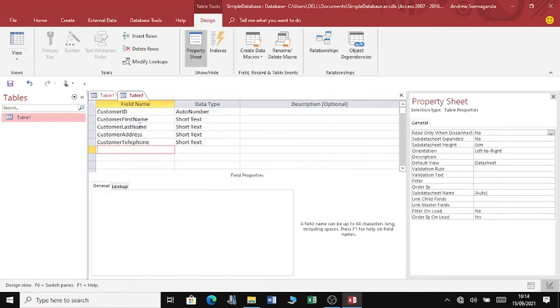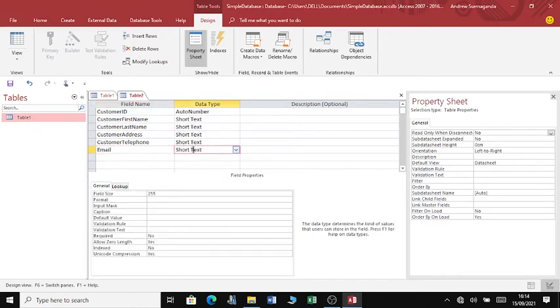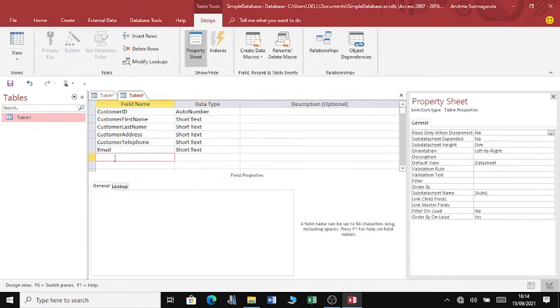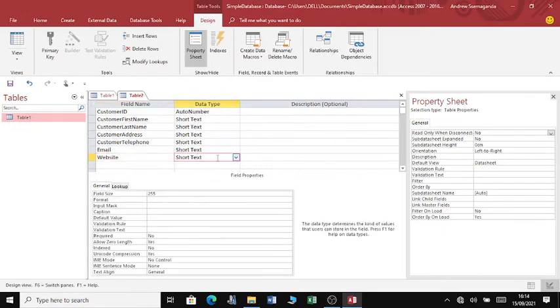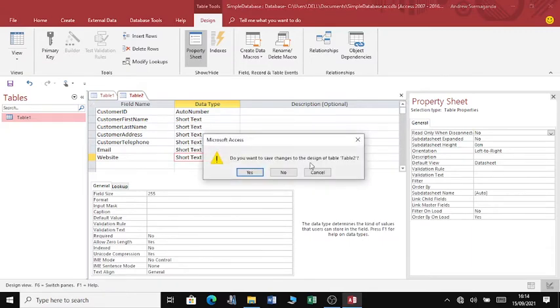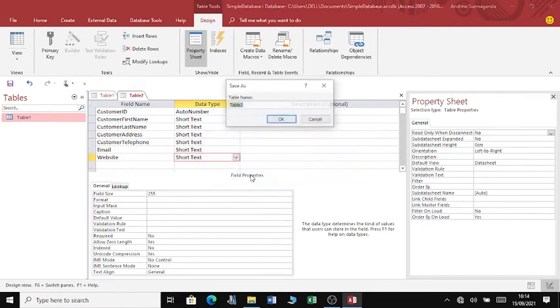So this is a very simple database, and you can also add email, customer's email, and then you can also add website. As you can see, all these are short text. Having done that, you come and close. You can either save first, or on closing it will ask you to save. You close here. Do you want to save changes to design of table 2? Yes. I'm going to call this a customer